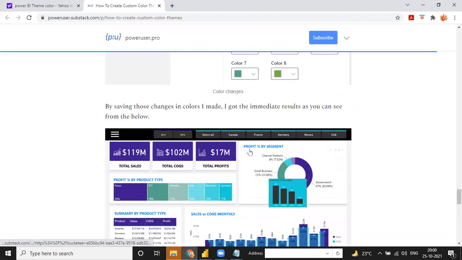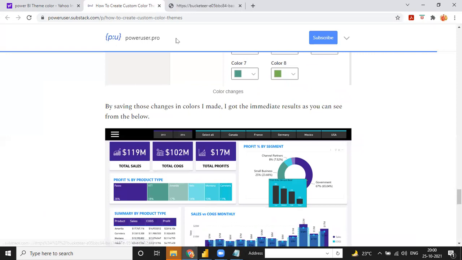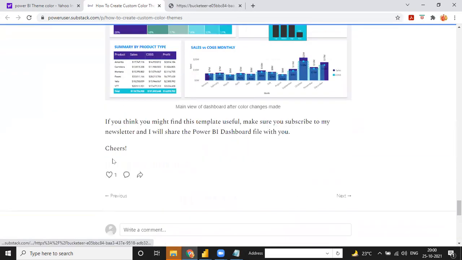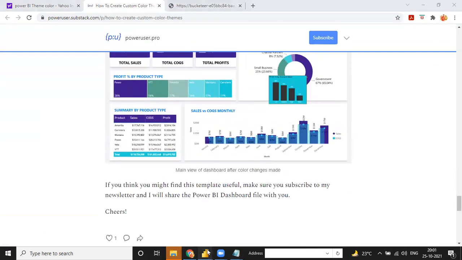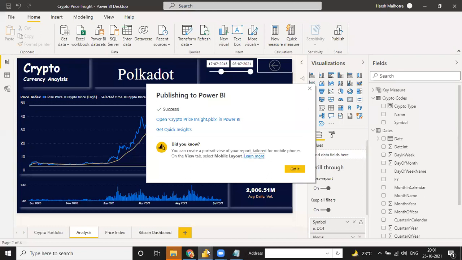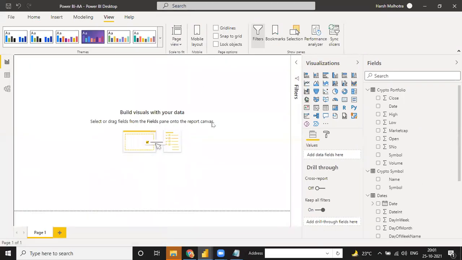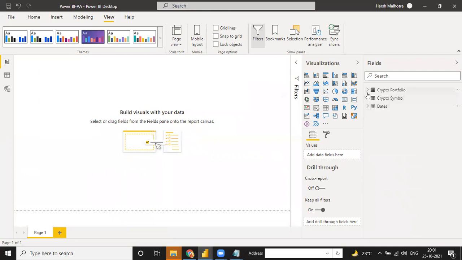And the second theme, you have this kind of themes, so you can change this also. You can change this color also in a good way. When you click on this more, it will give you the complete structure of this. So you can change your Power BI theme, because guys, theme is also important when you make any kind of project in Power BI.